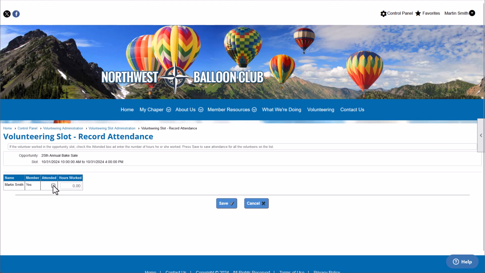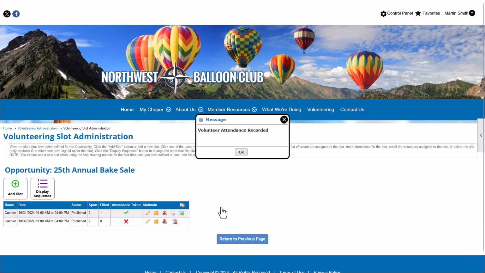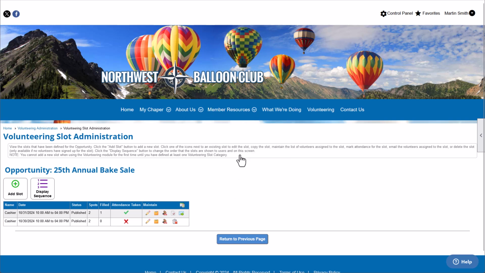Choose the checkbox to mark the volunteer as attended. If you need to adjust the hours that they worked, if they work longer or shorter hours, update them from the Hours Worked column. If you're taking attendance for your volunteering opportunities, you can also track the hours your volunteers